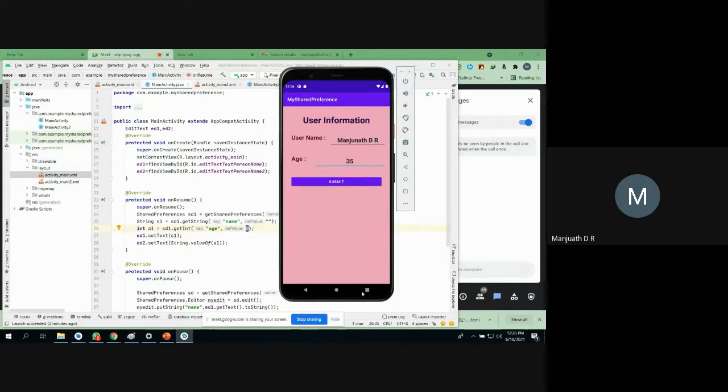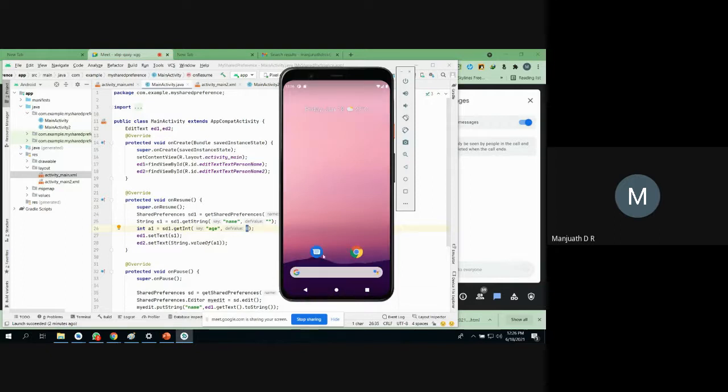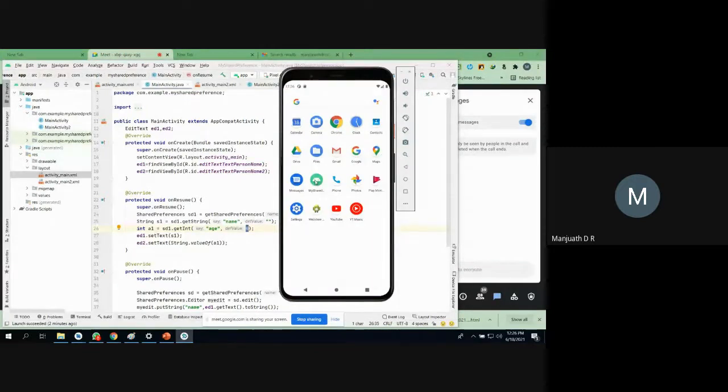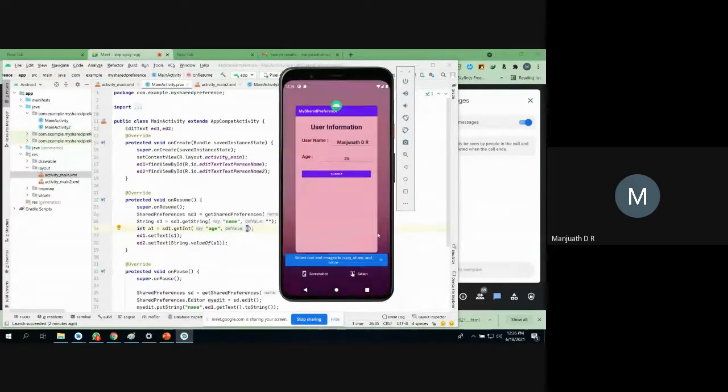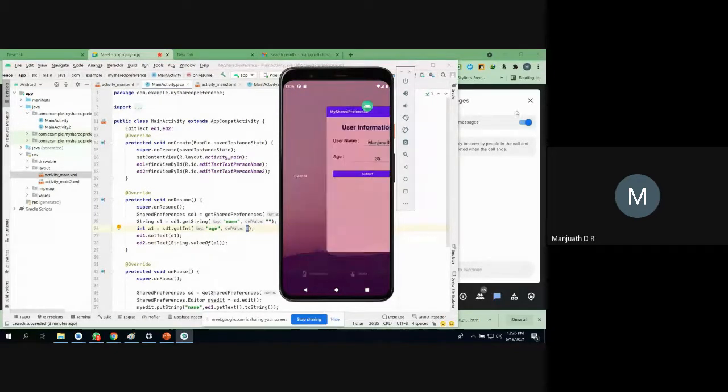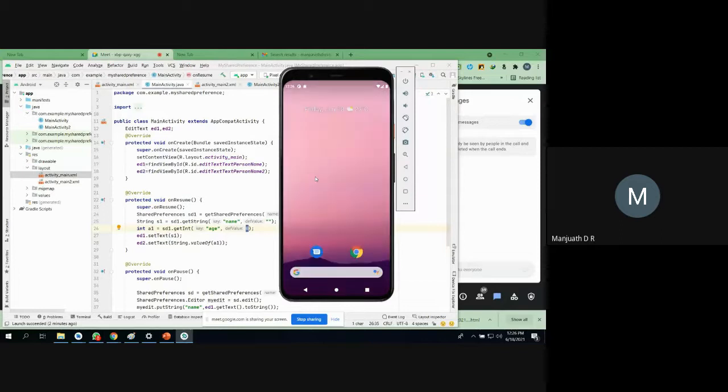So what I do is I'll completely destroy this app. Now I will go back, meaning my app is not running, right? So if I open this app, still my information is retained, because it starts reading from the file. Okay. So what I do is I will destroy this application. You know how to destroy this application. You will remove it completely from here. Clear all. So I don't have any application running in the background also. It means it has already called on destroy.